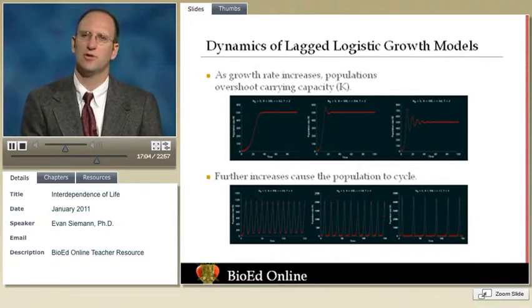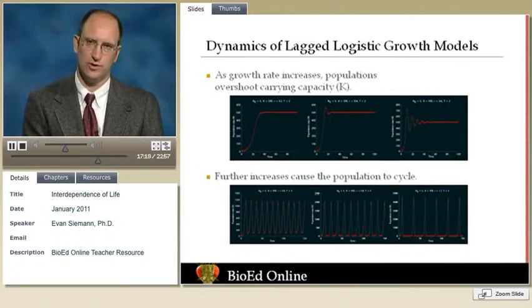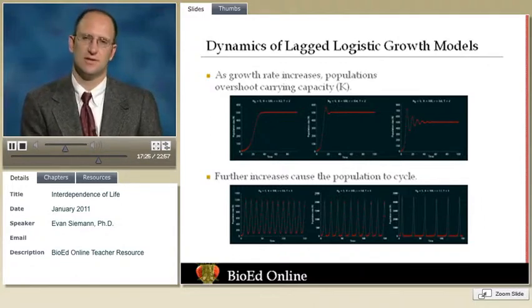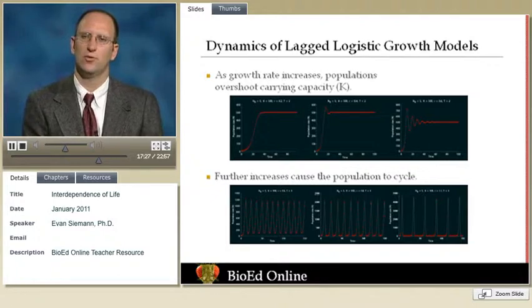As the population growth rate increases, the population will overshoot carrying capacity, but then it will have a series of decreasing overshoot and undershooting of carrying capacity, and the population will reach carrying capacity. As the population growth rate gets increasingly high, this overshooting and undershooting of carrying capacity will be more severe, and it will take a longer time for the population to reach carrying capacity.